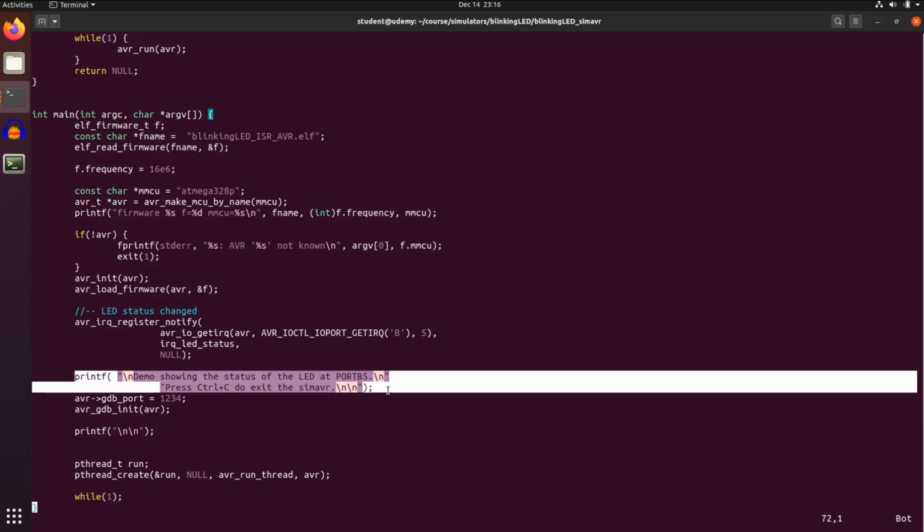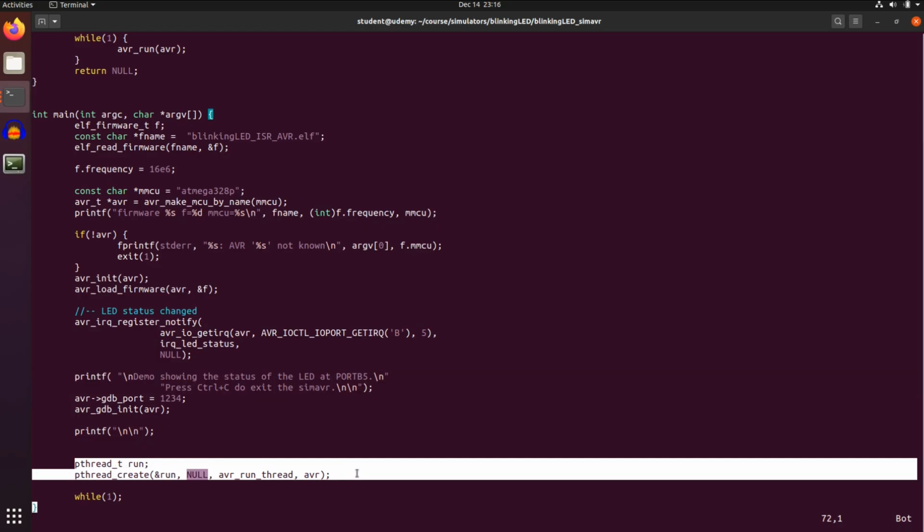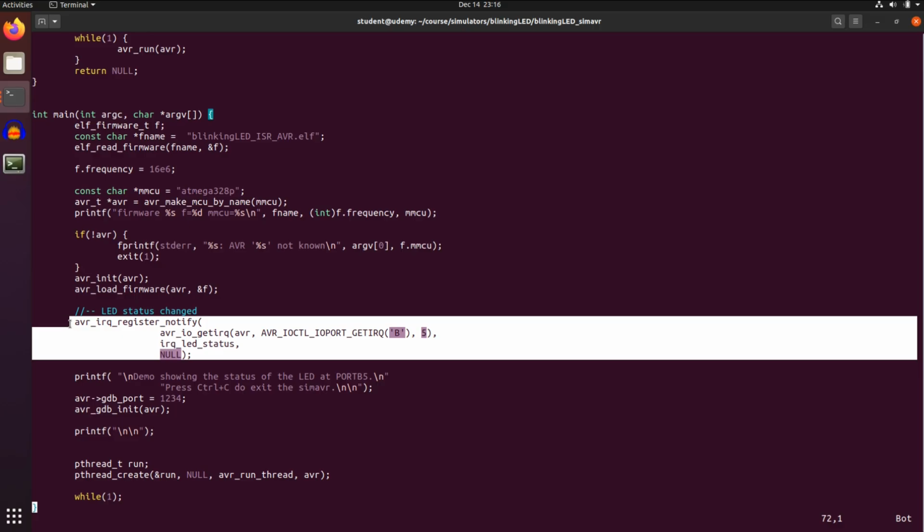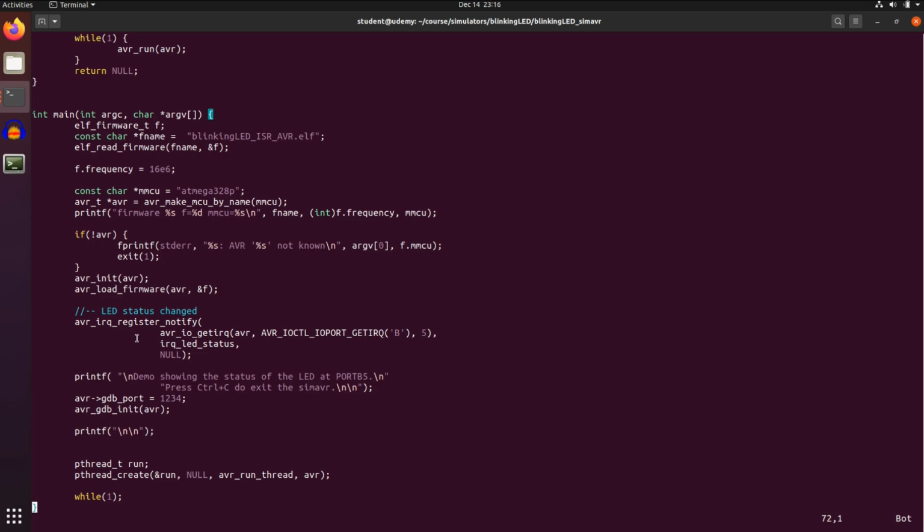Then some printfs here, and then the simulator starts in a separate thread. What I also have here is a hook. So we skipped this one. This means I'm registering an interrupt that, if it occurs, should notify me. What is the interrupt about? If there's a change in the output in port B and pin 5,